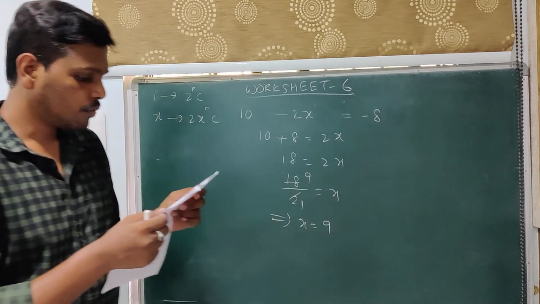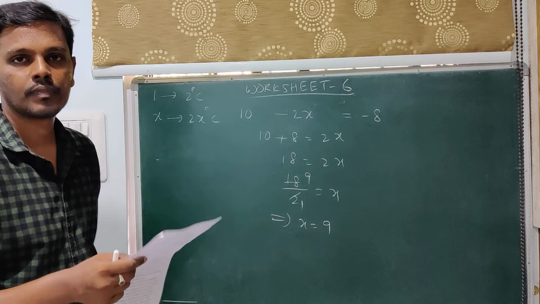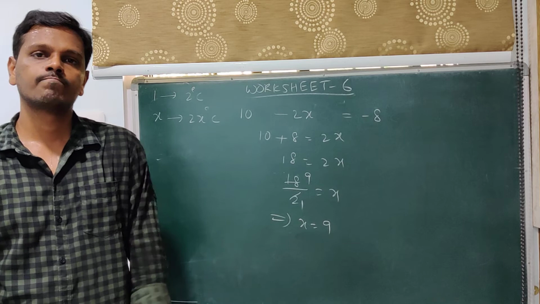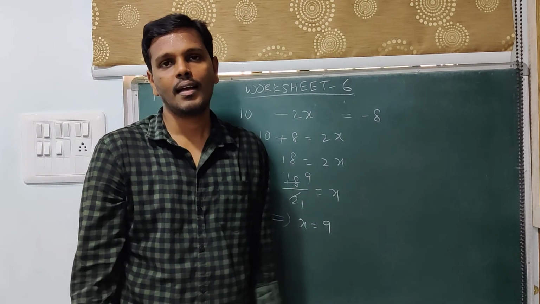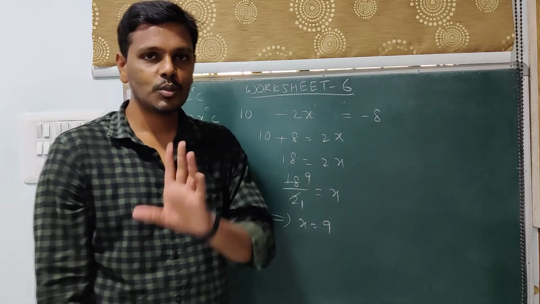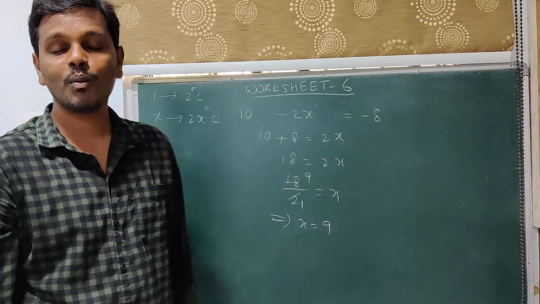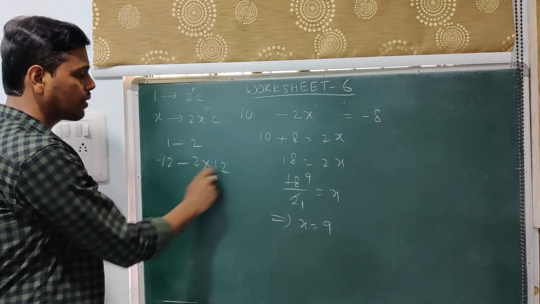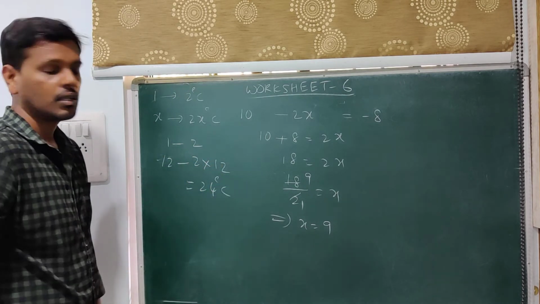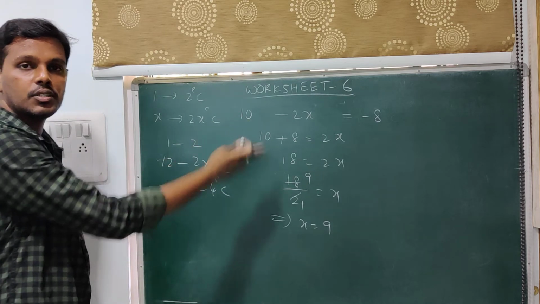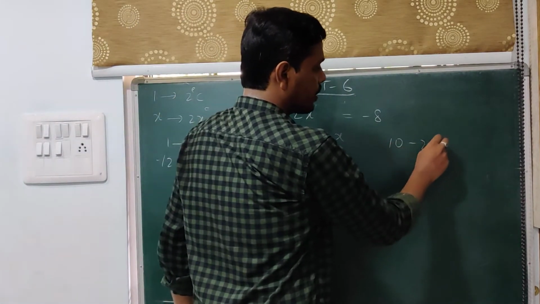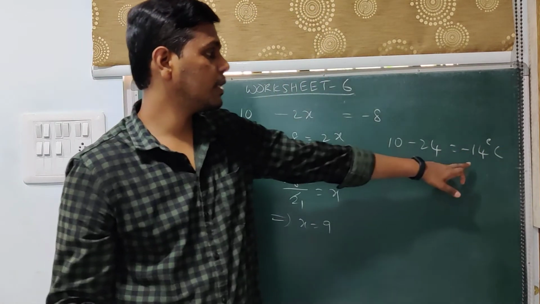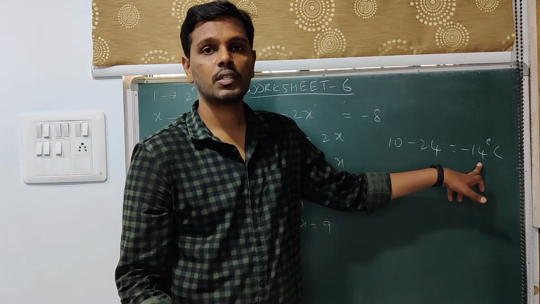Next, what would be the temperature at midnight? Midnight is 12, yes. So 12 to 12, how many hours? 12 o'clock in the afternoon to 12 o'clock at night is 12 hours. So 1 hour, 2 degrees is reduced. 12 hours, how much temperature gets reduced? 1 hour 2 degrees, 12 hours, 2 into 12, which is 24 degrees. Now reduce the 24 degrees from the initial temperature. So what do you get? 10 minus 24, which is minus 14 degrees Celsius. So at 12 o'clock midnight, the temperature is minus 14 degrees Celsius.